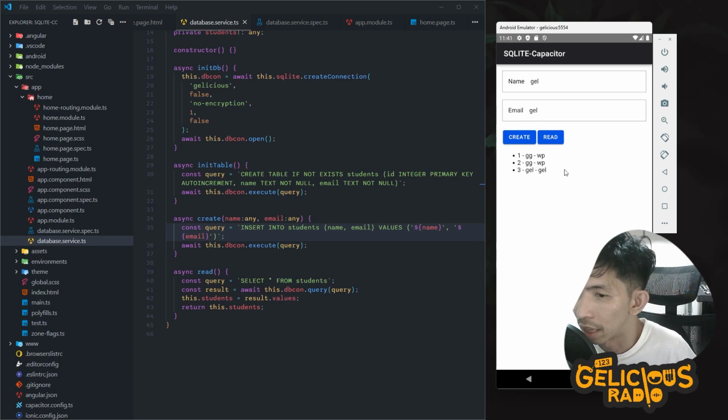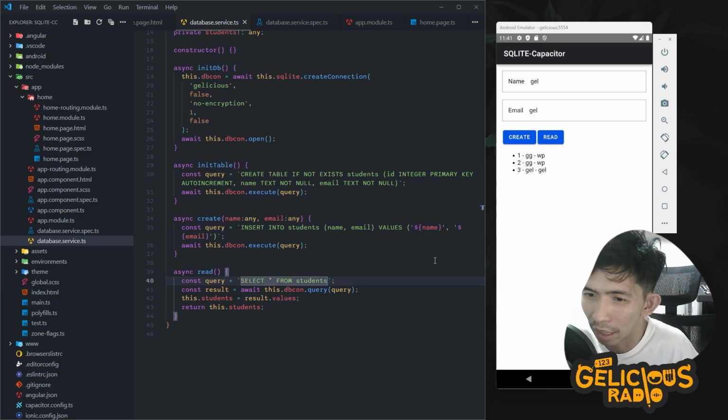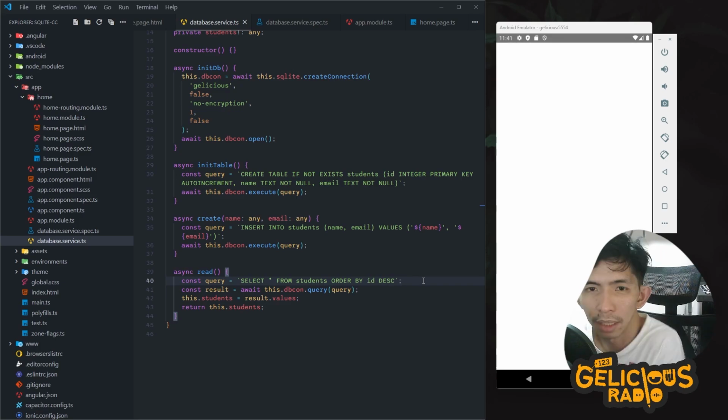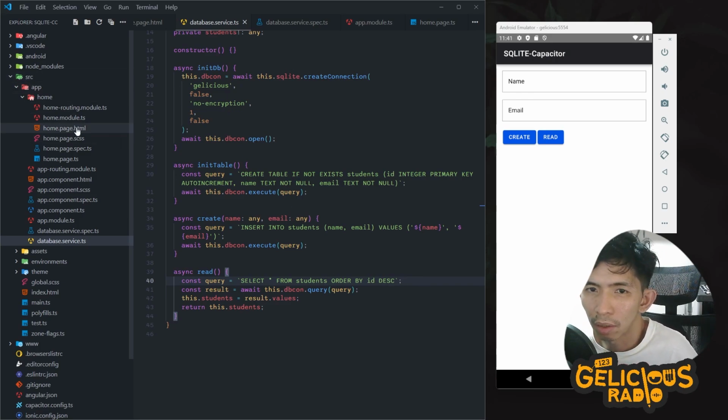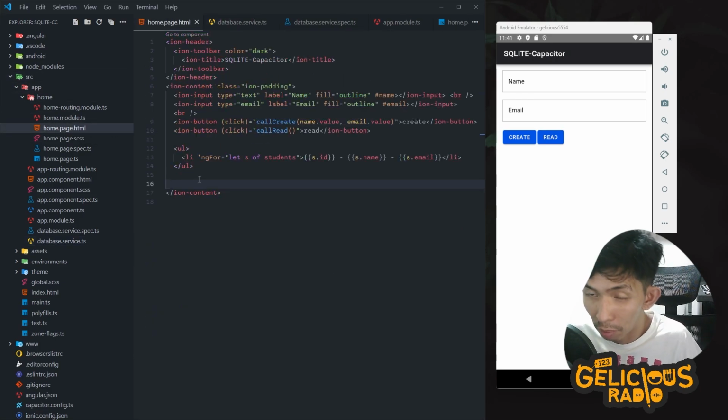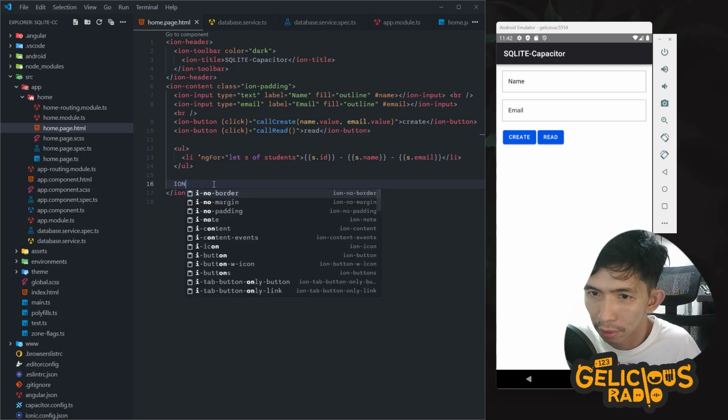Okay, so babalik na rin natin yung list. So to do that, magdadagdag lang tayo sa select natin, sa read natin. So i-order natin siya by ID, yung field natin, naka-descending ang gagawin natin. In here sa ating homepage.html, gagawa muna tayo ng template po natin. Template muna natin yung list. So gawa tayo ng